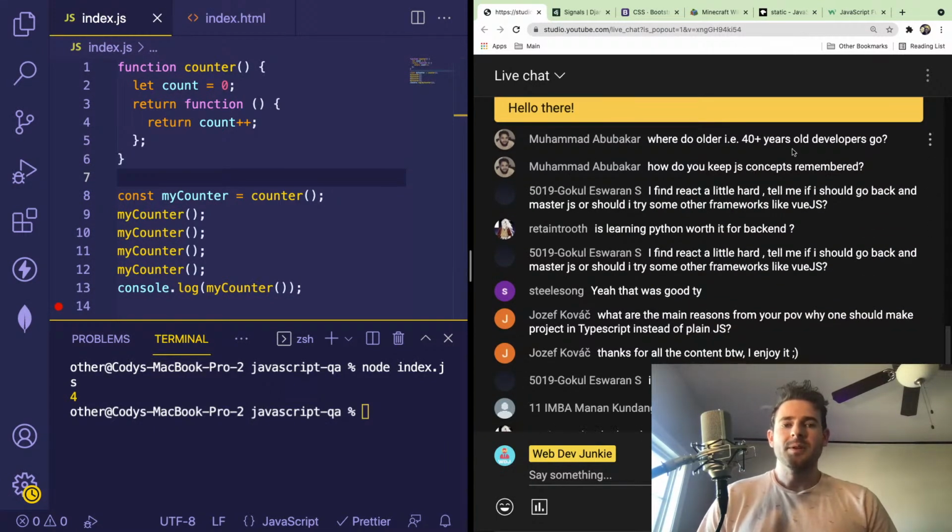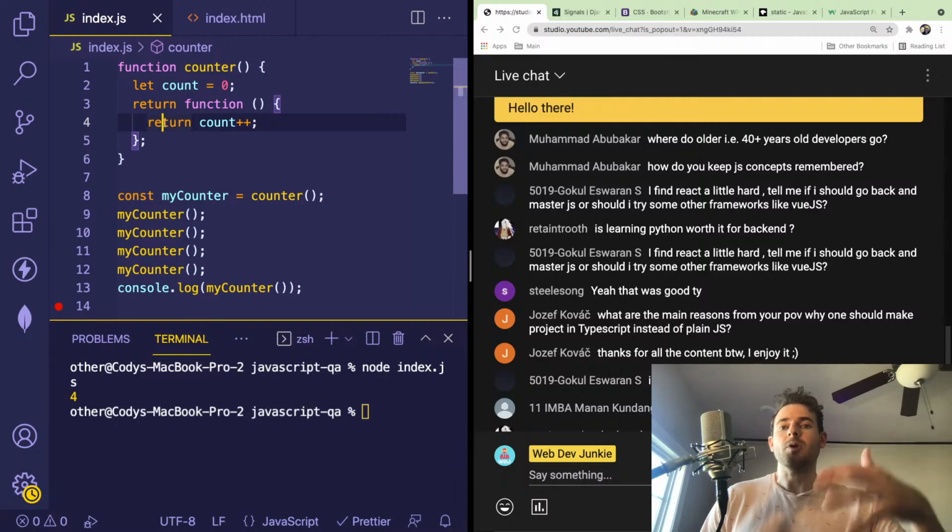Where do older 40-plus-year-old developers go? I mean, they stay in the industry. People say there's ageism in tech, but my dad worked until he was like 65 and retired as a software engineer up to 65. So they're not just firing people when they get older. Maybe at some companies it's harder to get hired if you're older, but in my opinion, the older you are, the more experience you have, and usually you're not doing lower level coding work. You probably have more knowledge about building systems and making them more resilient, more available. You're more in a consulting role usually, but